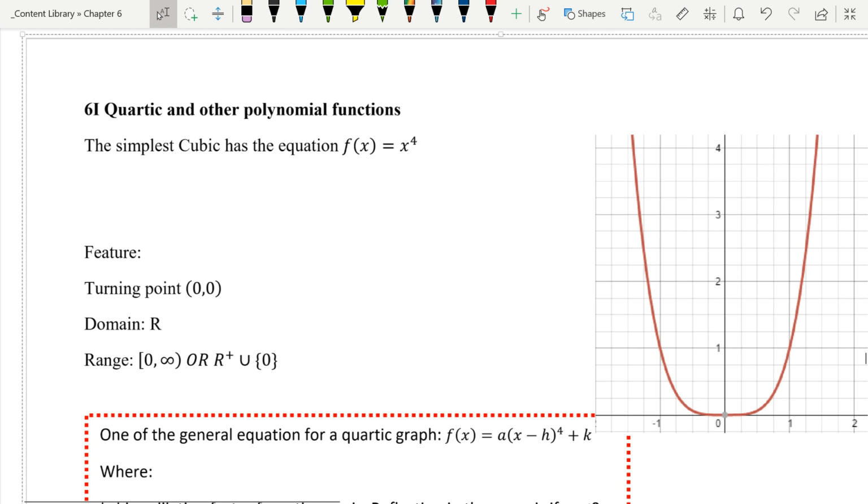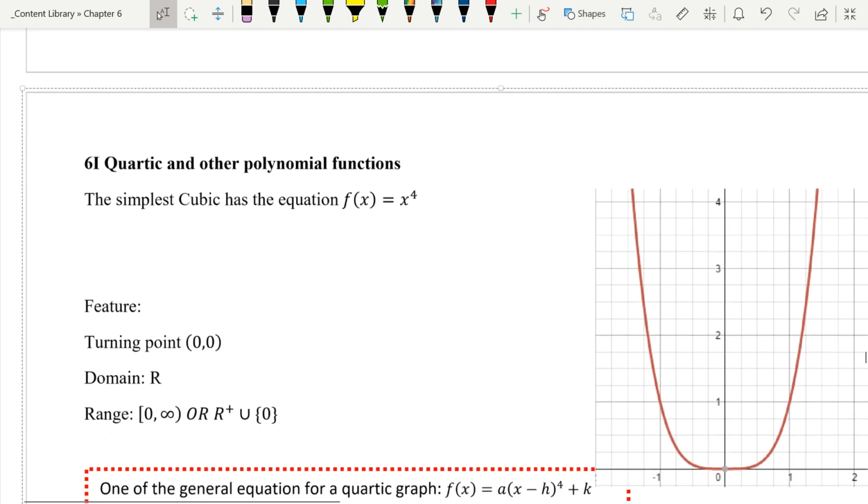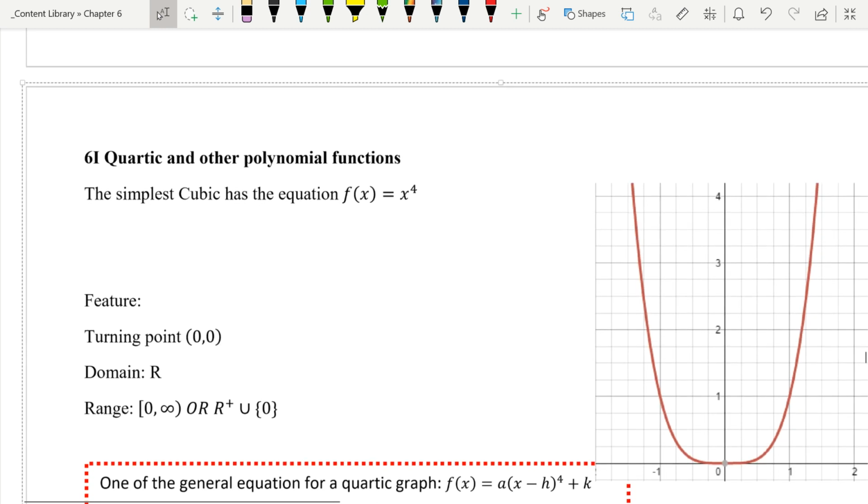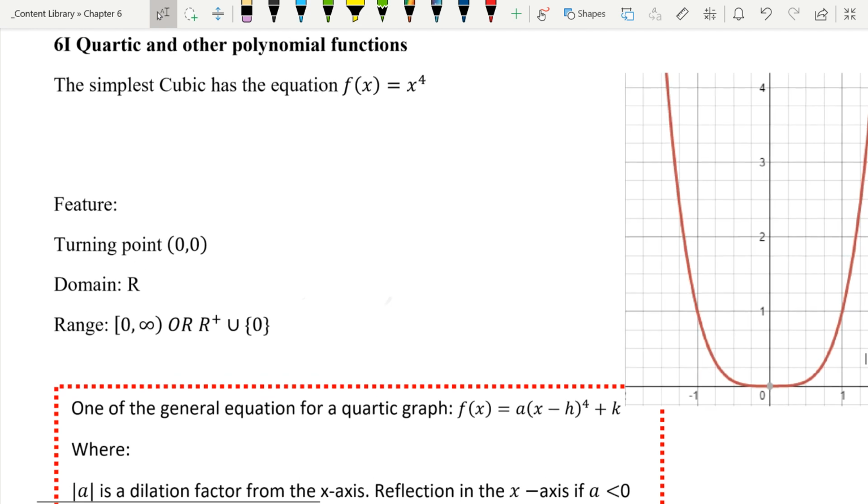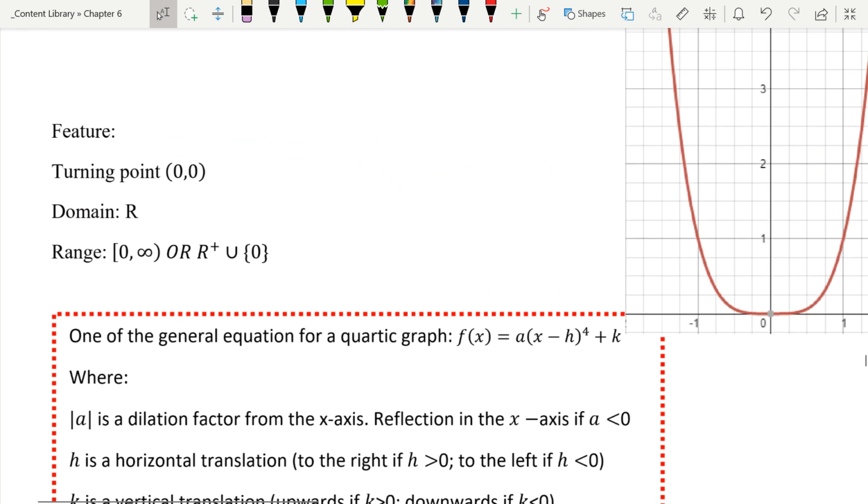So the key thing is we need to factorize. And then same as the cubic, there are two forms for the cubic. There was the stationary point of inflection form and the factorized form. So same as the quartic. So we have this form here. So for the quartic,